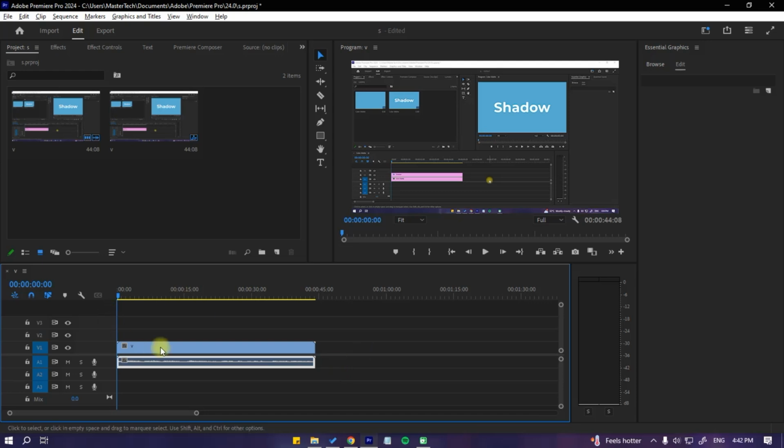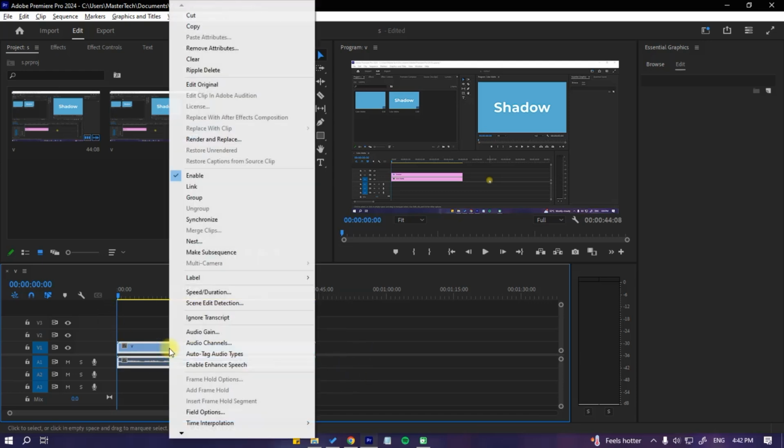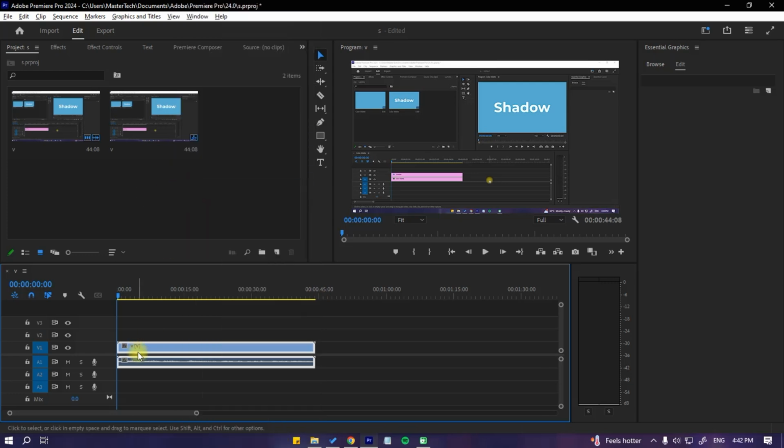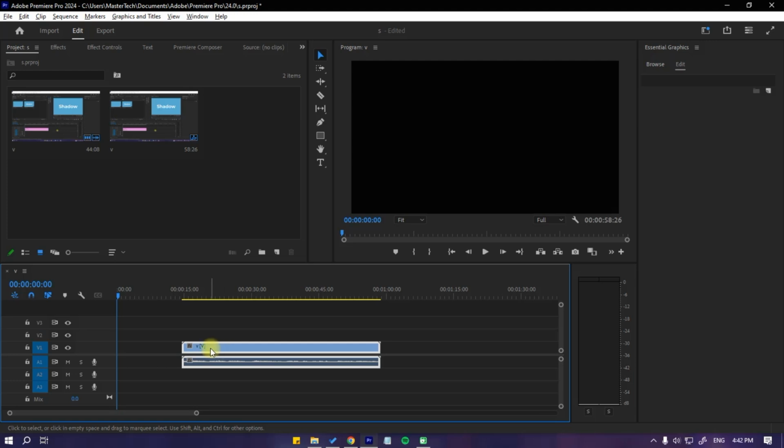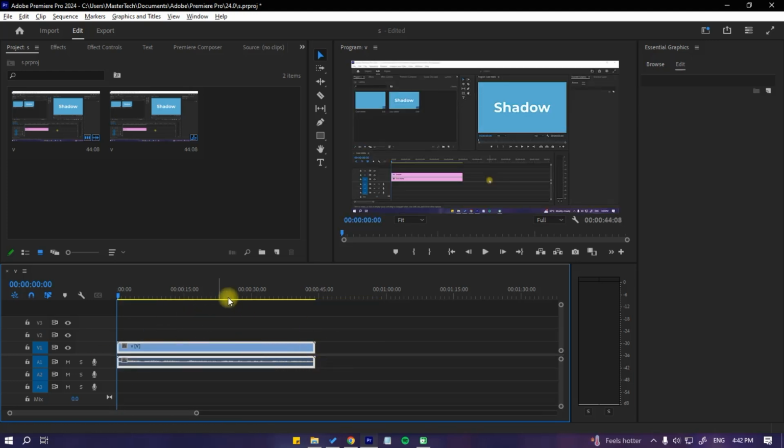To link them, simply select both of the clips by dragging over both of them. Right-click on it and click on Link. You also have to make sure that the linked selection is enabled right here on the timeline beside the magnet icon. Make sure that this is in blue. If not, you can just click on it to enable it. And once you have done that, you can then move both of the video and audio clips as a linked